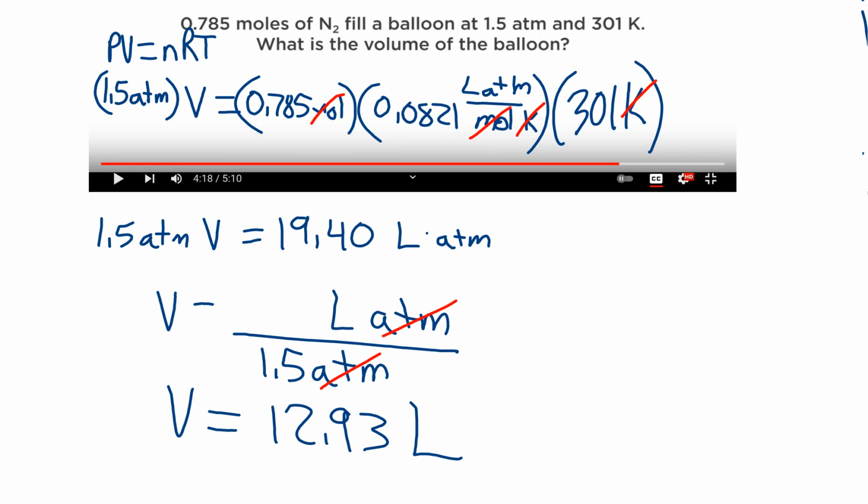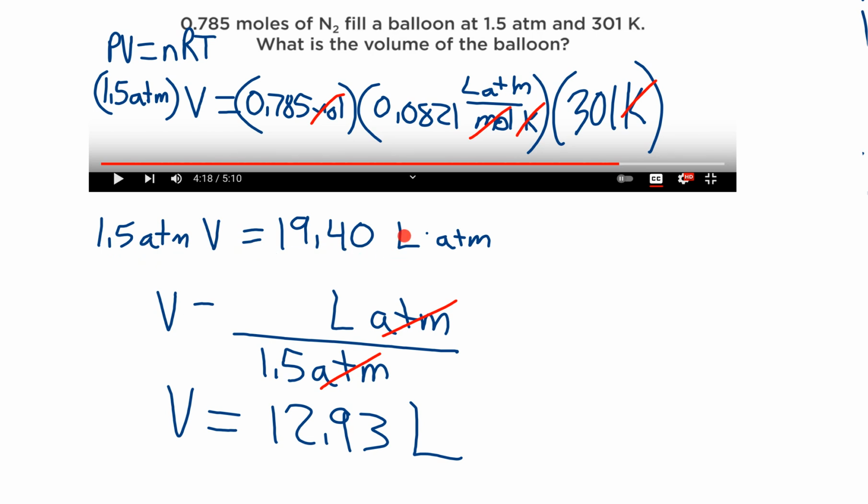Alright, for the second problem from Professor Dave: 0.785 moles of N2 fill a balloon at 1.5 atmospheres and 301 degrees Kelvin. What is the volume of the balloon? With this one, we're going to use PV equals nRT, the ideal gas law. So we're going to say 1.5 atmospheres times the volume. We don't know the volume yet, so that's just V, equals the moles times the gas constant. Notice we made sure to use the one in atmospheres, times the temperature. So we multiply all of this together. Our kelvins cancel, our moles cancel,